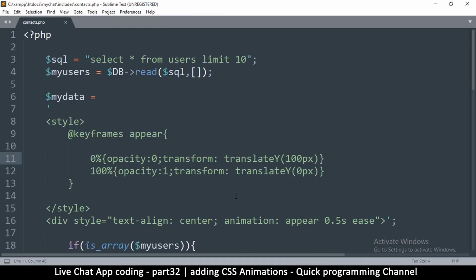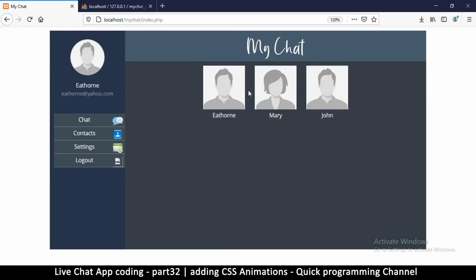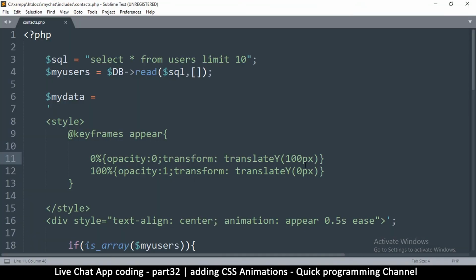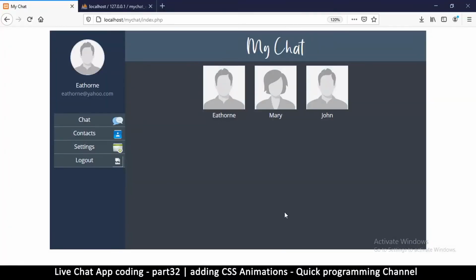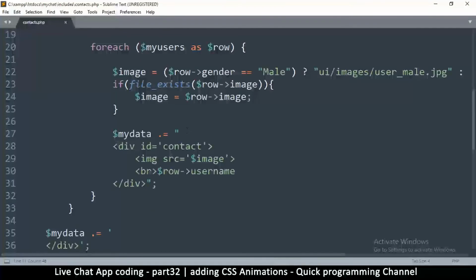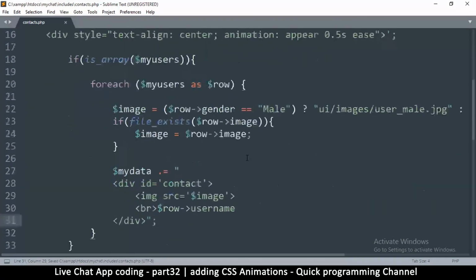Okay, great. So you can put whatever animations you want right here, and it's going to work. And now if for some reason you want, because we've added the animation on the whole box that contains this, but you can still add the animation on individual items like that. So let's say, for example, this is where the item is, so I can add the animations on this if I wanted to. The only problem is